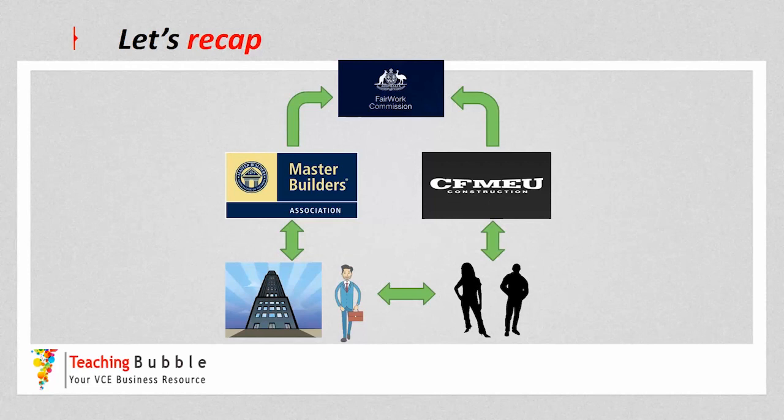And where it's all necessary, the Fair Work Commission sits above all of that to ensure that everything is done fairly and reasonably. And if called upon, they act as the independent tribunal to decide things like wages and conditions, or through mediation, conciliation, and arbitration, or to resolve any dispute that is occurring within the workplace.